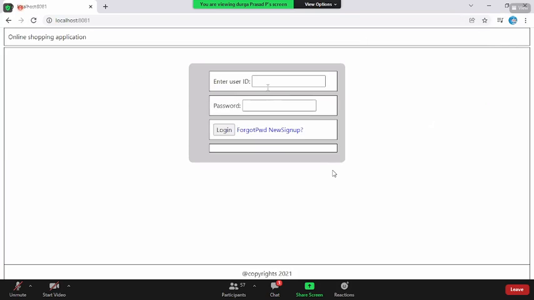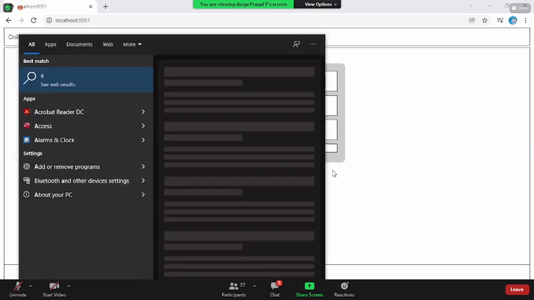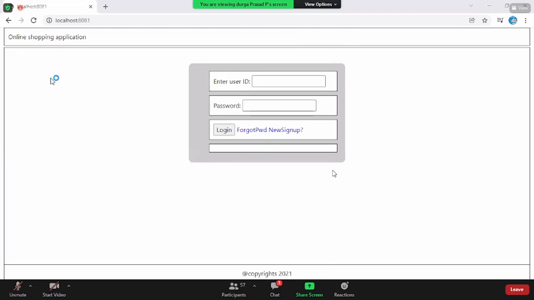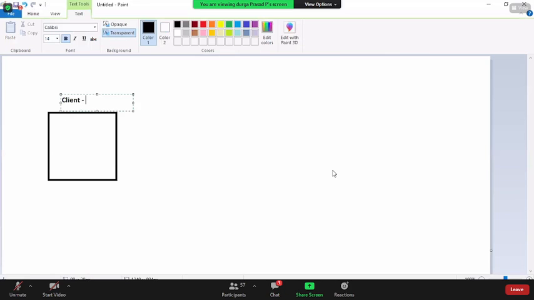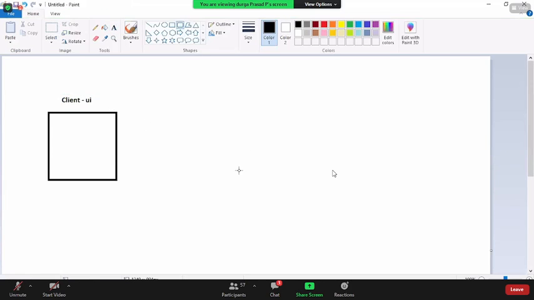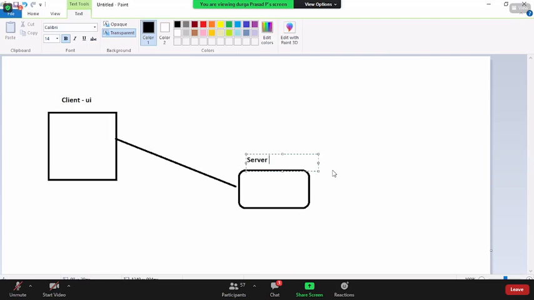But we know that whenever we are giving the user ID and password, let's go with the paint. Okay, so I have the UI, which is called the client or UI. And now my requirement, we have already implemented this. It is actually going to the server guy. This is the server, which is your Node.js. So when the client is interacting with the server through the web service URL, we are simply responding back whether the ID and password is valid or not. This is the flow we have already implemented.